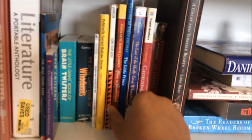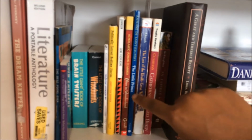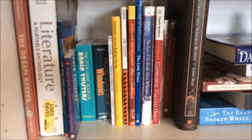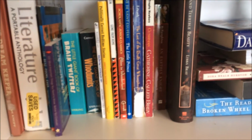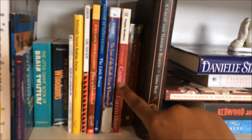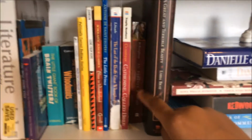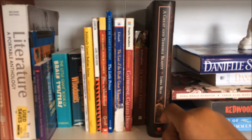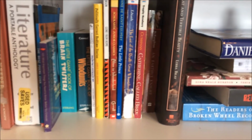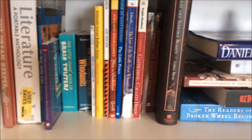This group here is the middle grade stuff that I loved as a kid, like The Little Prince by Antoine, which is definitely a children-focused book, but has universal appeal if you ask me. And then we also have the time period ones. So there's Catherine Called Birdie, An Earthly Night, and A Great and Terrible Beauty. So these are the books that basically aren't in our time period. There's really not much I need to say about that, but I want to have them together because